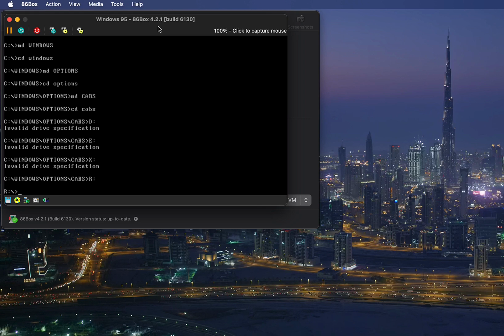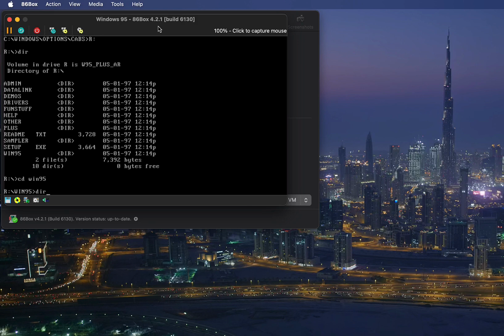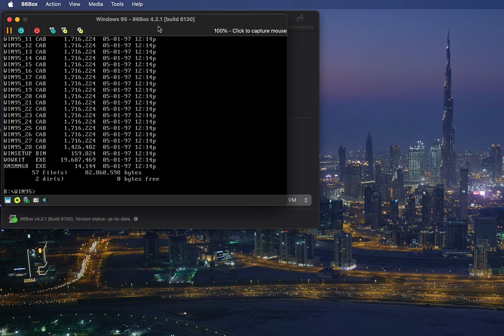So one thing though, if you're using a Windows 95 boot disk, the drive letter is usually going to be R. So we're going to do a simple dir so we know we got the Windows 95 CD-ROM. We're going to change into the Windows 95 directory, and we're going to do another dir, to make sure that's all the cab files. So we're going to do a copy